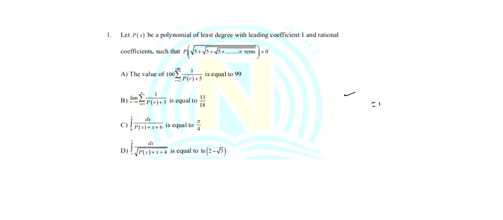Okay, fine. So it is given P(x), a polynomial of least degree with leading coefficient 1 and rational coefficients such that P of this expression equals 0. Then we have to check which options are correct, right? Fine. So